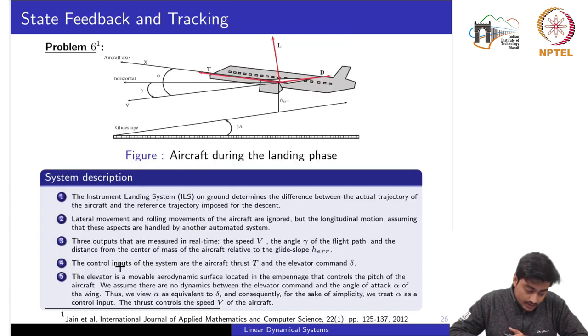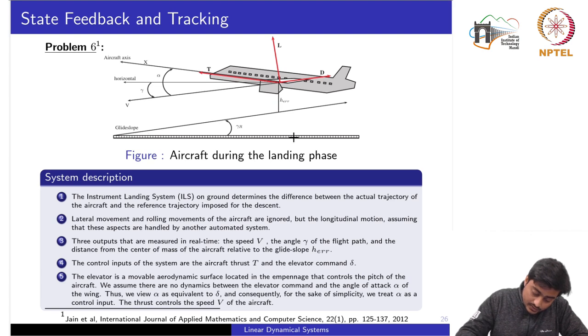loop. Now the last problem deals with the state feedback and tracking. So this is a more practical example where we have considered an aircraft which is in fact during the landing phase, where the aircraft, okay, let's recall this system description. So this is the ground. Now there is some glide slope where we want to land this aircraft along this trajectory, and afterwards it will